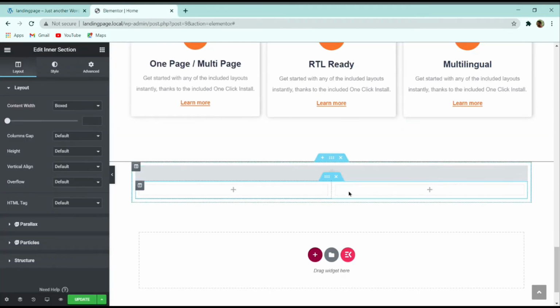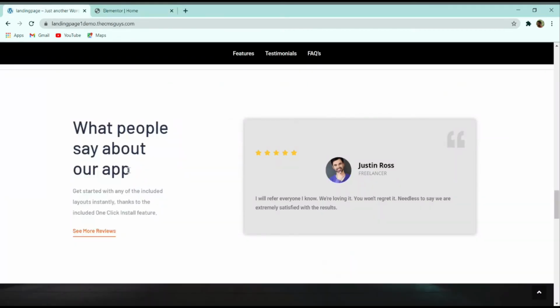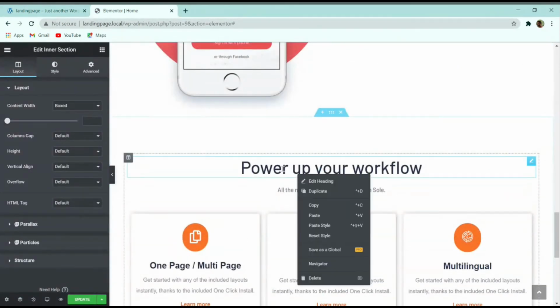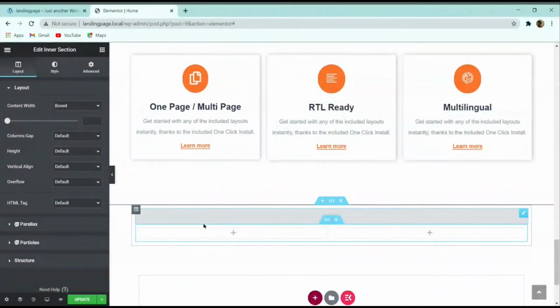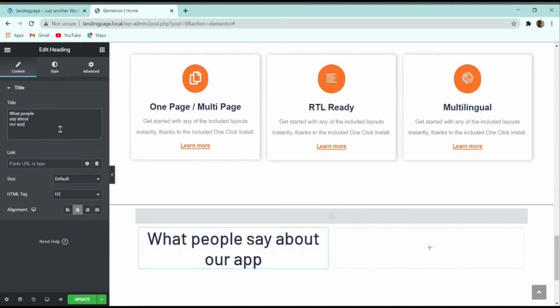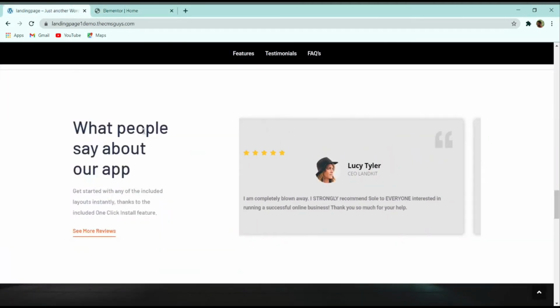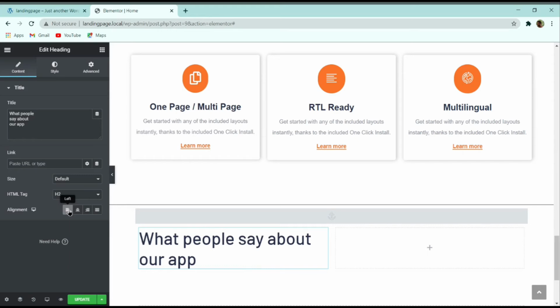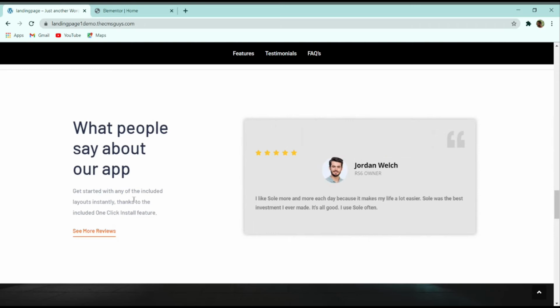Basically here you can see that we have two columns. Let me first copy this text from the left hand side, copy this text from this section, and paste it in the left column. Now in this title part, let me paste the text, and you can see that we have a three line text, that's why it is coming in three lines. Basically we have to make the alignment left align, and here I will use this br tag to separate the line. Again I will use this br tag one more time, and now you can see that we have created exactly the same.